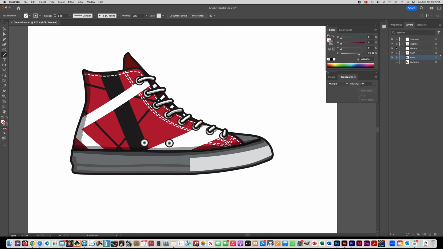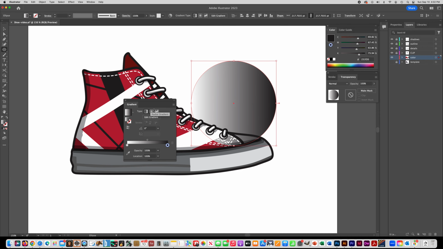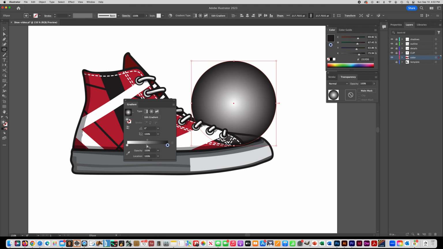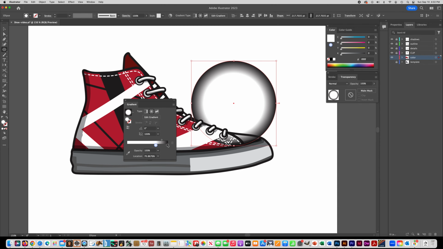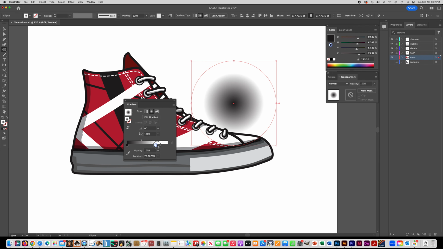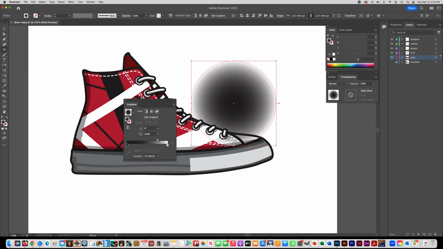So now I'm going to go on the color layer and I'm going to lock everything except for the color layer. And I'm going to draw a circle. Once again, I'm going to fill that with a gradient, kind of like we did on the shoe eyelets. I'm going to make it a radial gradient. And I want it to be white on the right and black on the left. And kind of scoot the little triangle over to the right so there's a lot of black and just white